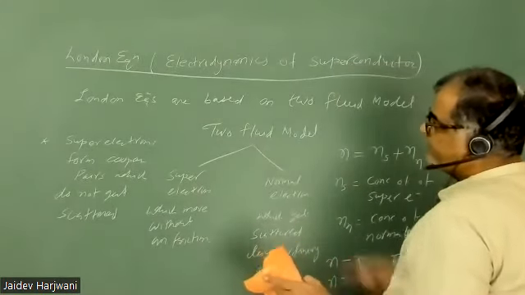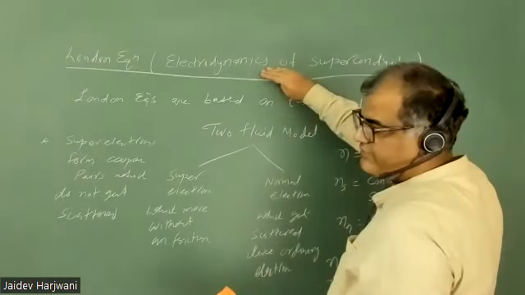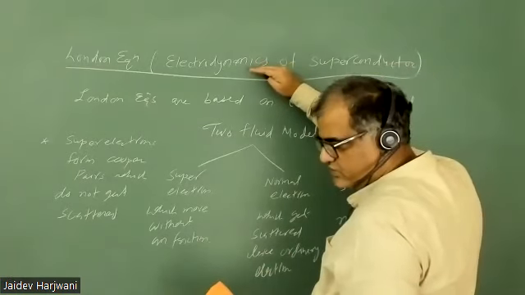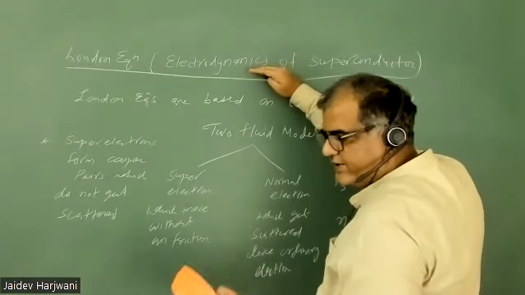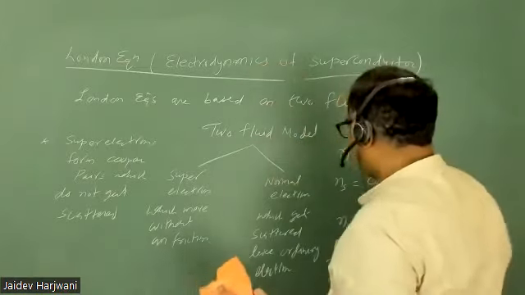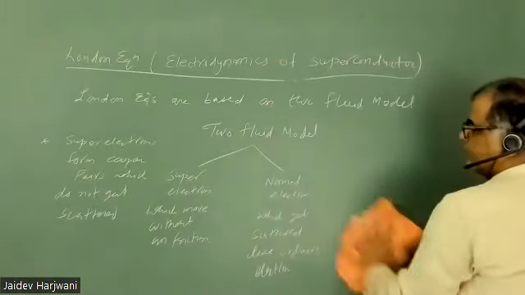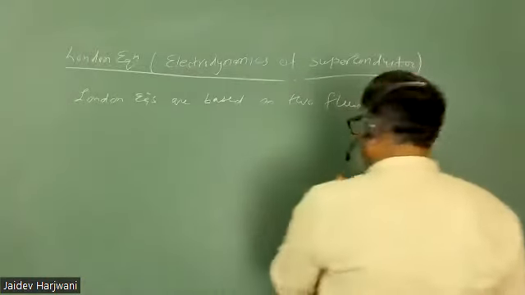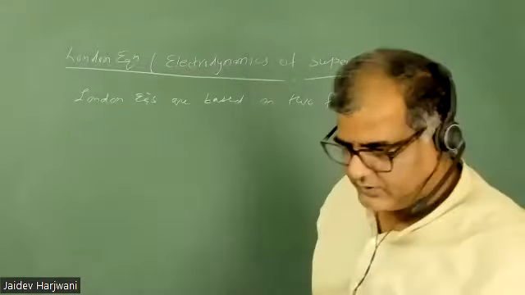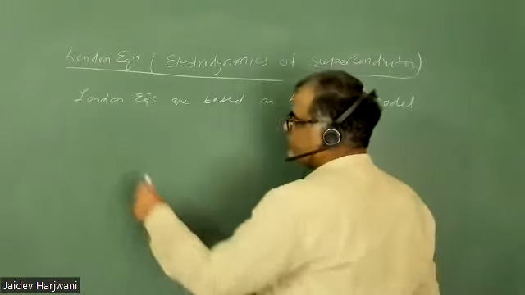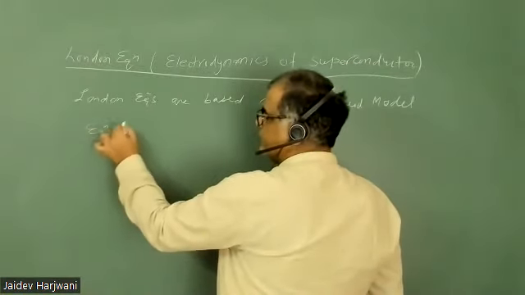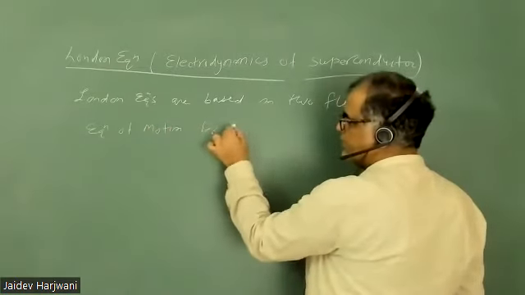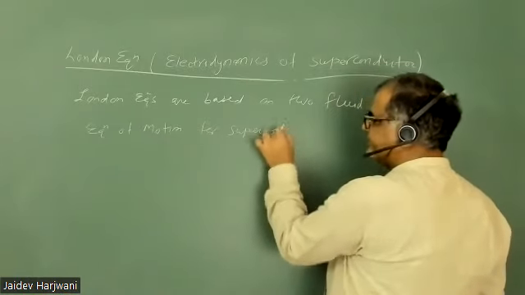So now I have to explain two properties. One is resistance-less motion, and the second is we have to show that a magnetic field cannot penetrate inside a superconductor theoretically. Okay, so now I'm going to show these two properties using the London equations. Electrodynamics of a superconductor. So now if I write the equation of motion for super electrons,